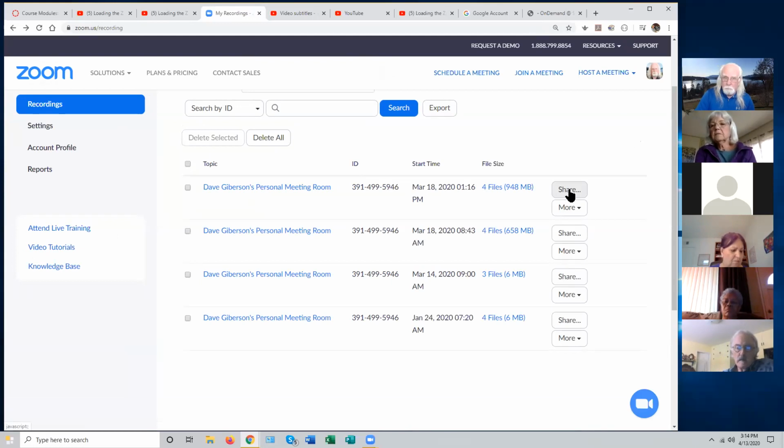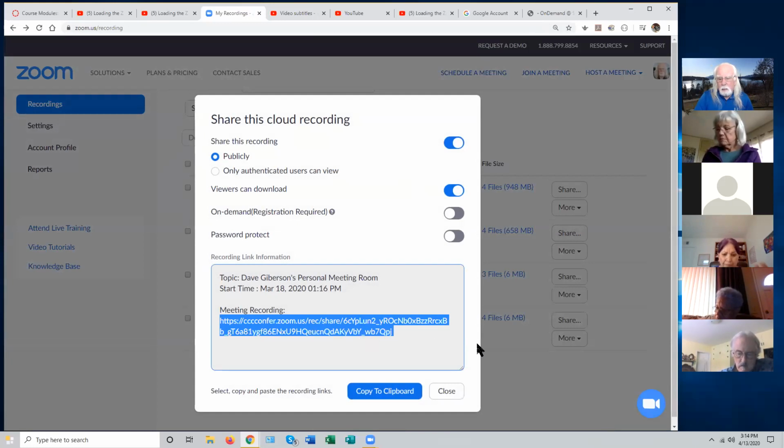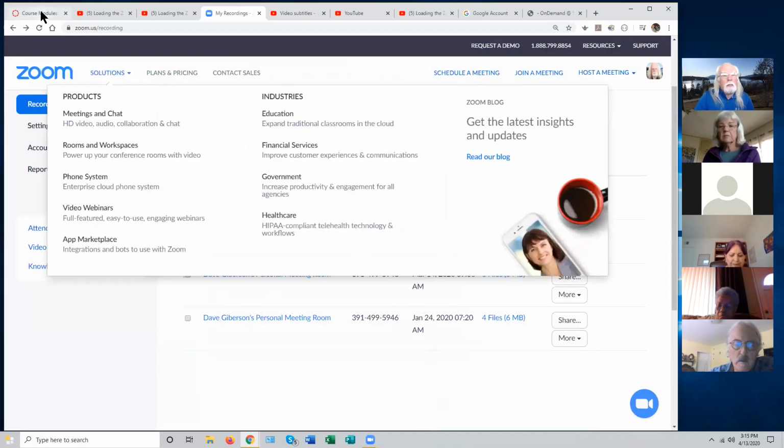Assuming you want to make this visible to your students, you can click this button marked share here. It's kind of like the share button in YouTube. And it gives you a link to that video. And you can copy that to your clipboard the usual way. And then you can go back to